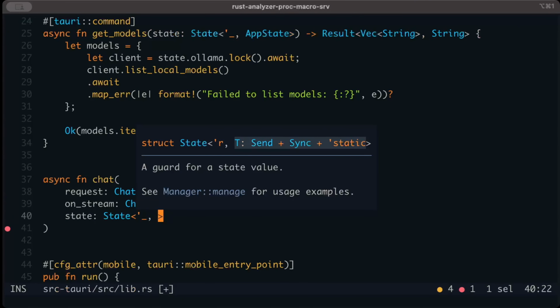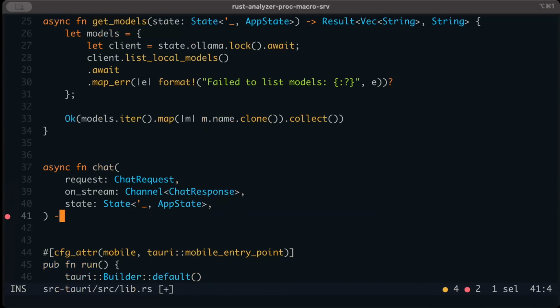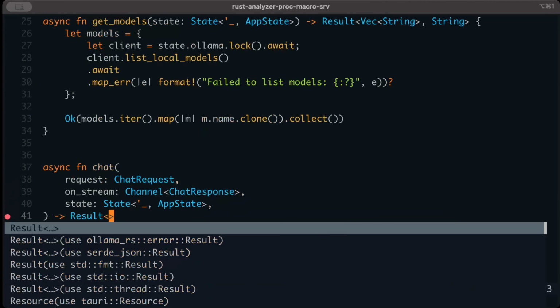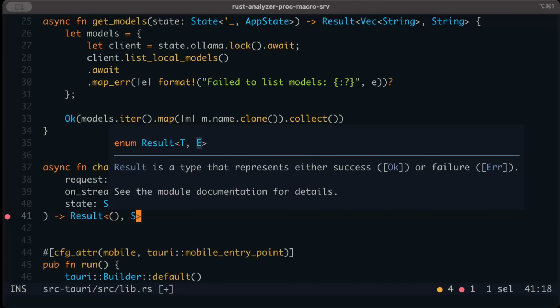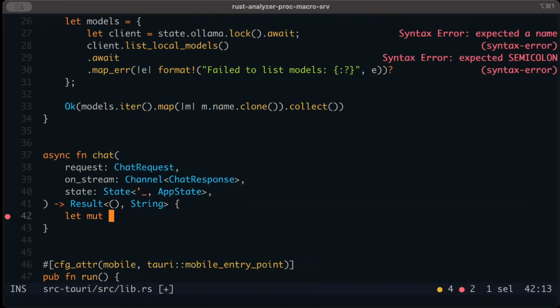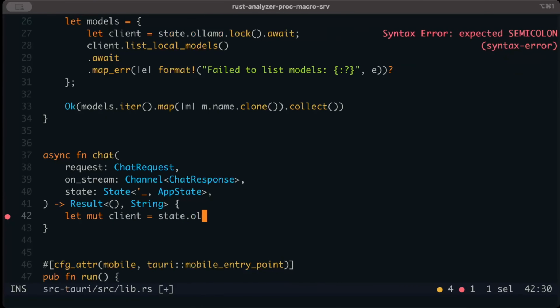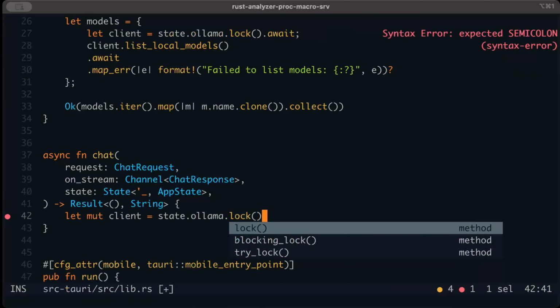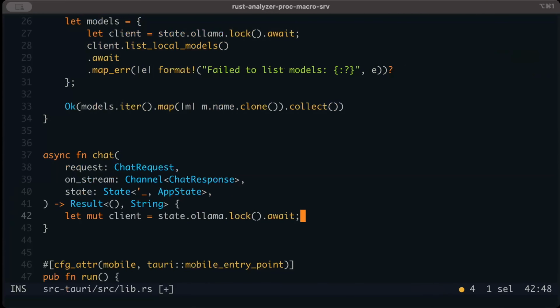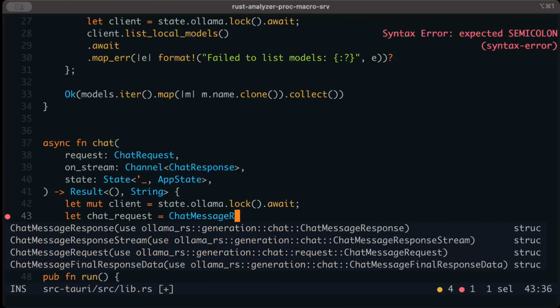So let's pass our app state. So that's pretty much all the things that we need. And result of unit string. Let mutable client state, Ollama, lock await chat request, chat message request